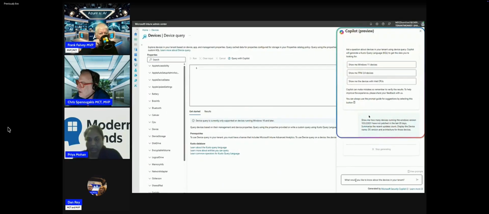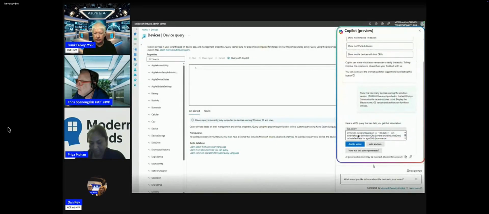The prompt that I want to ask Copilot is this: show me how many devices running the Windows version that have not patched in the last 20 days. Summarize the recent updates count. Display the device name, operating system version, and architecture for those devices. Okay, and when you run this, we'll get a